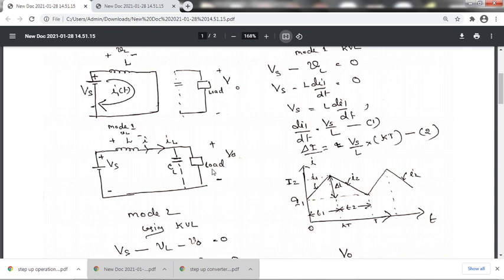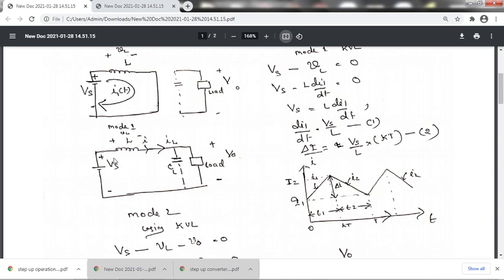Given to load. So that's the reason current is changing from I2 to I1. This happens in between kT to T. This is the mode 2 duration. In mode 2 duration, energy is transferred from source and